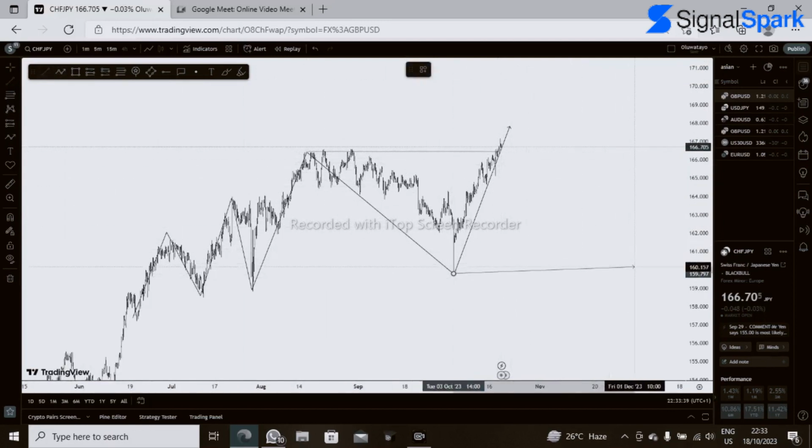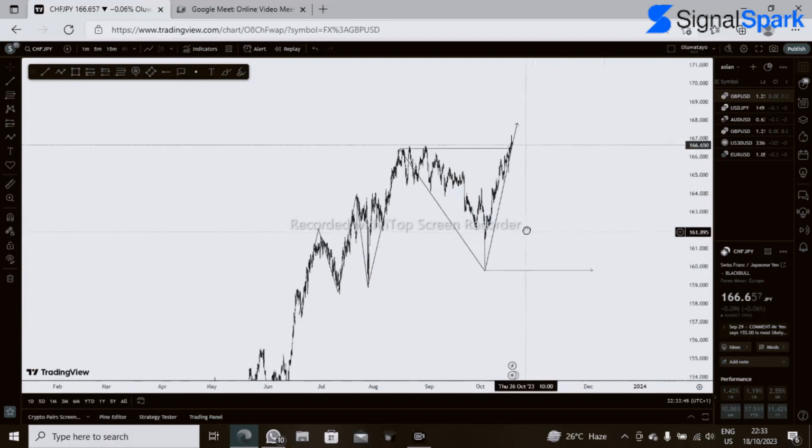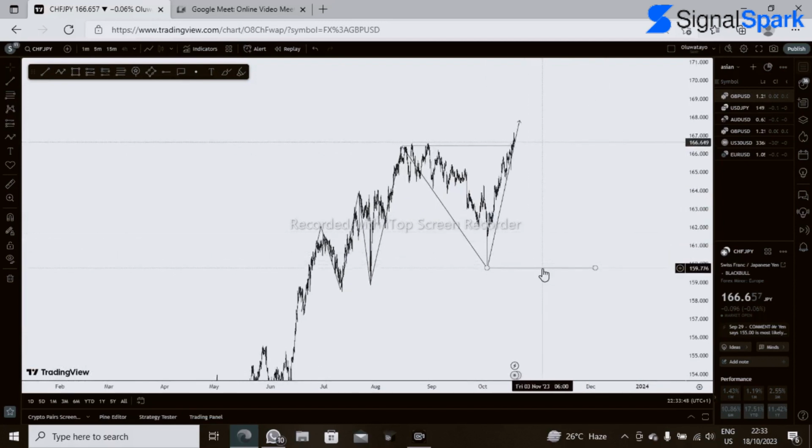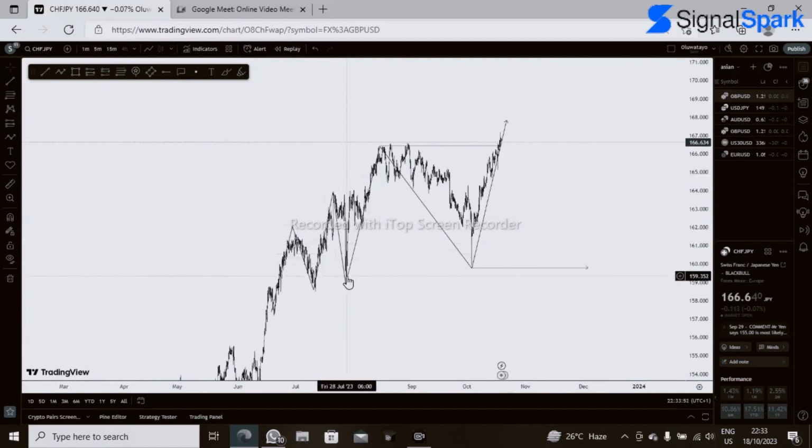So I am ready. On behalf of an intraday trader, I am very much bullish on this market unless this particular low is taken out. And this is the same way we can identify structure. Now the same way we are bullish on this structure is the same way me as a scalper on my